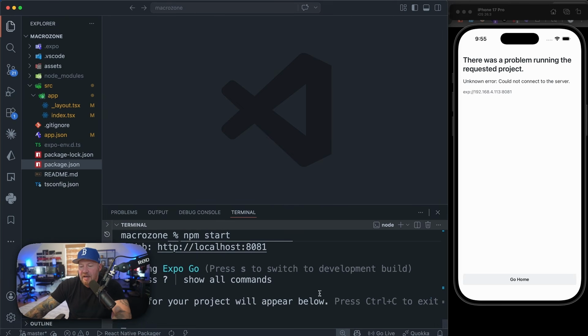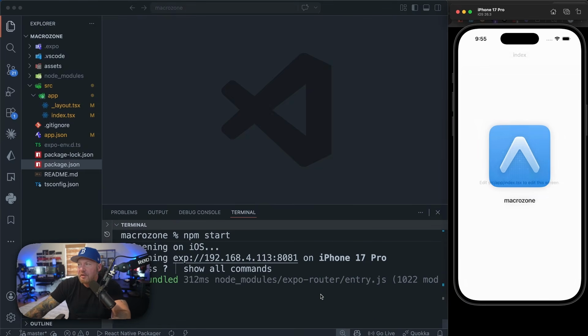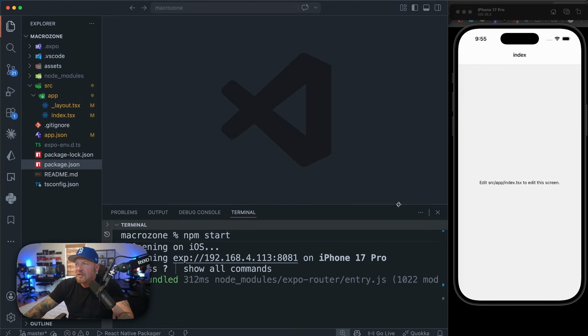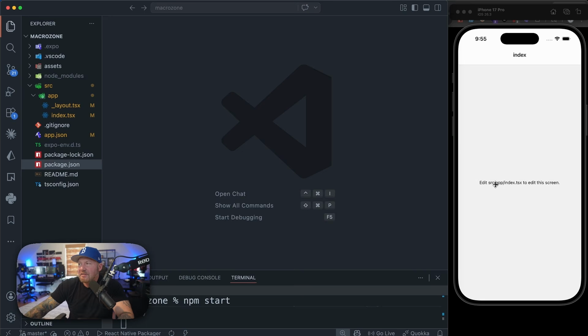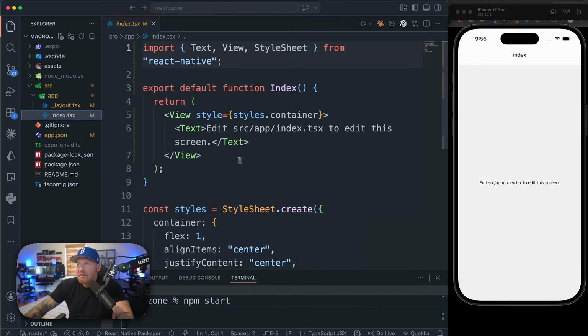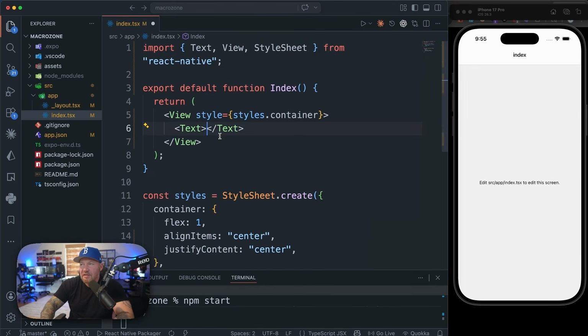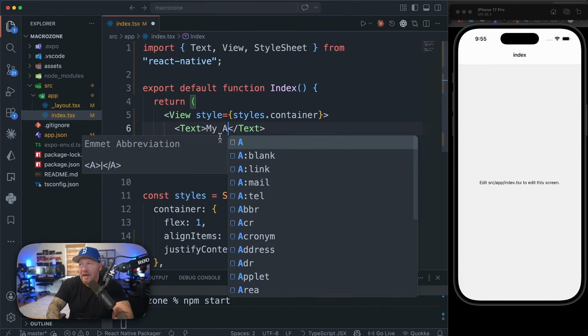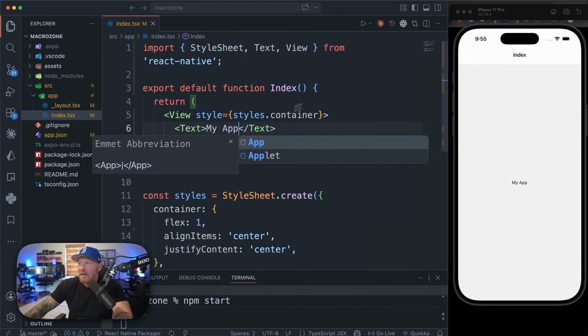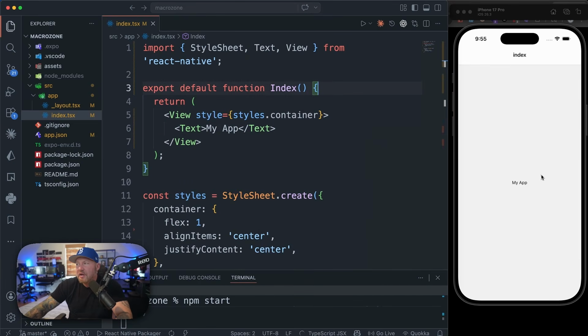Okay, and then I'll just hit I, and it should just open up on my simulator. All right, so this is what we'll see once we reset the project. It simply says edit the source app index.tsx file to edit this screen, which if we look in source app index.tsx, and let's see, I'll just take this text here and we'll just say my app, save that, and you can see that it auto refreshes, and we just have basically an empty